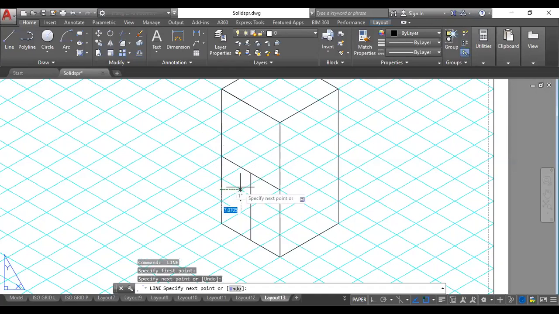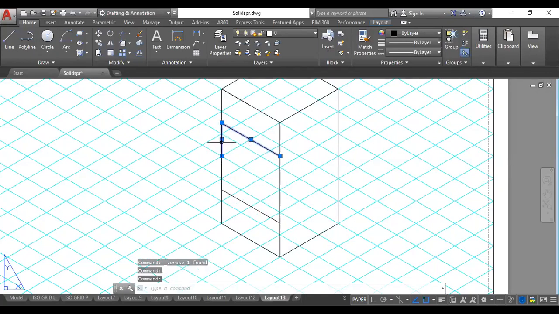From these endpoints I will draw a line parallel to the one above, and similarly from this point I will draw one parallel line to the other one. So this becomes the box of 30 by 30 now. So this I will erase. If you look, this is the box of 30 by 30 we are talking about here.